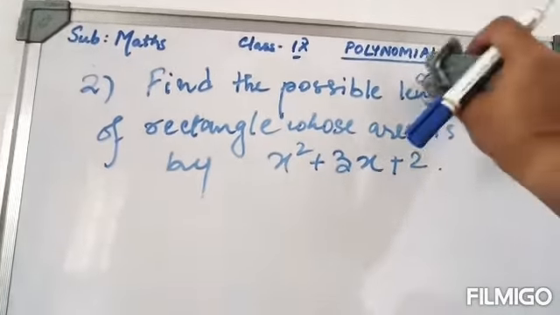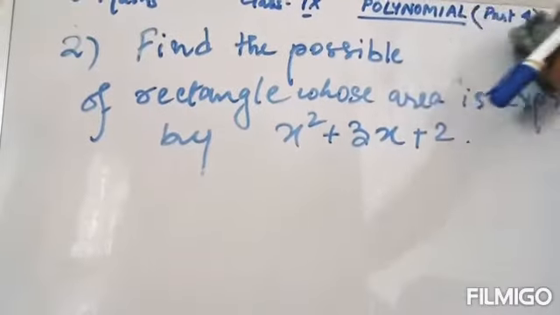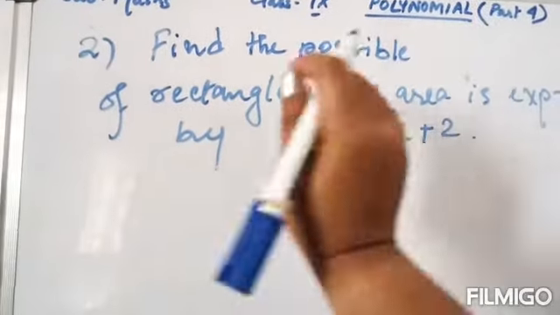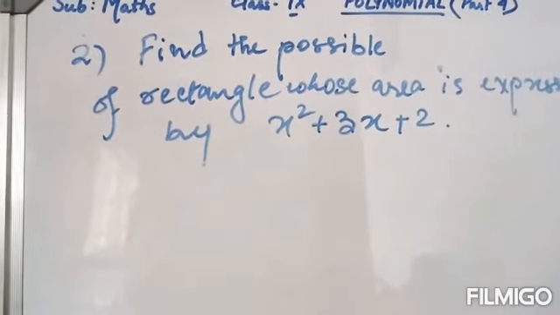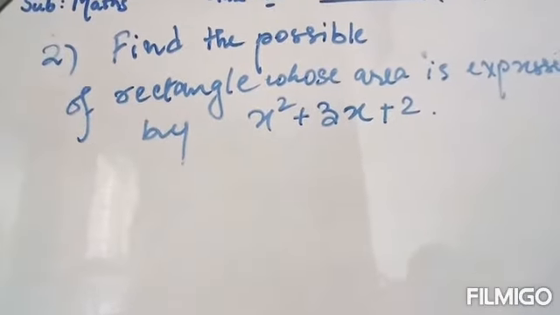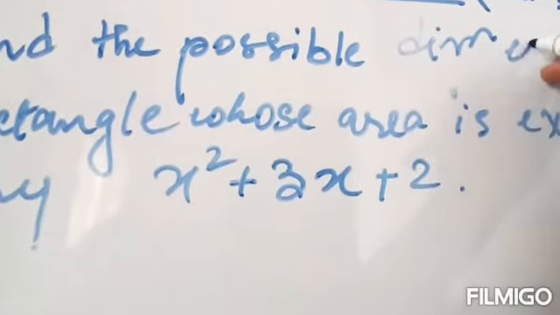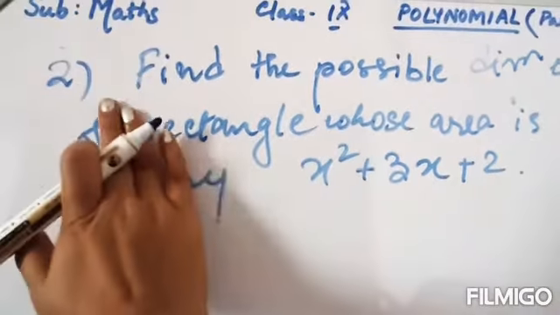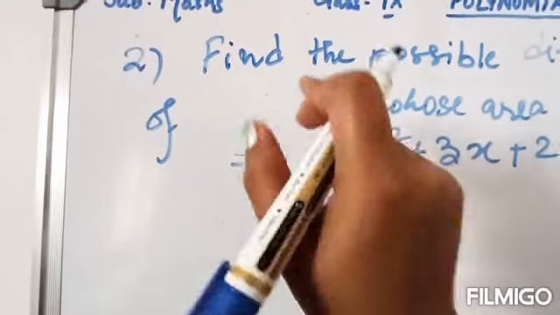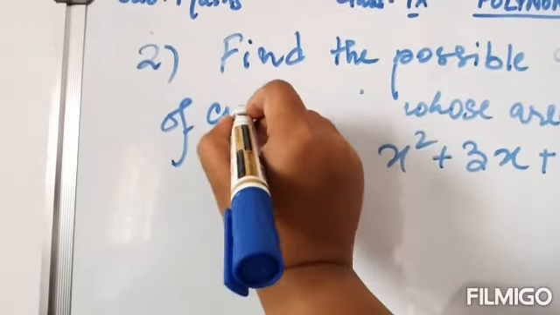Find the possible dimensions of a cuboid